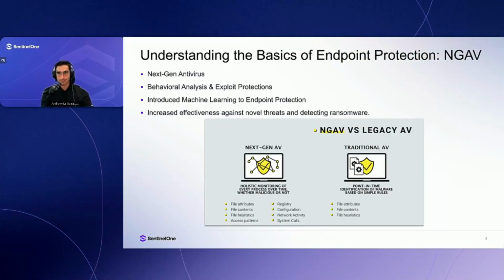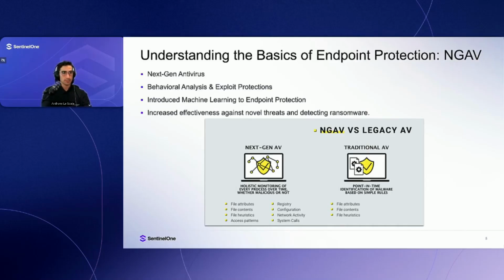Next came NGAV, or Next Generation Antivirus. As threat actors evolved their tactics and tools, relying solely on known malicious signatures became insufficient. NGAV was developed to identify novel threats that could bypass traditional signature-based protections through behavioral analysis and the integration of machine learning into endpoint protection. By analyzing system behavior on top of signature scanning, NGAV could identify anomalous behavior from threats without known signatures, such as ransomware. While still required for a holistic security posture, signature-based scanning alone was no longer sufficient, and a combination of signature-based scanning, behavioral analysis, and proactive prevention was needed to keep pace with evolving threats.